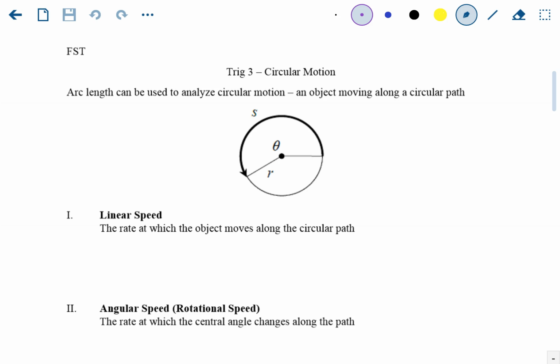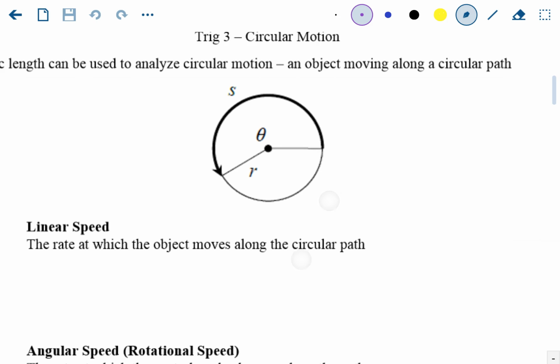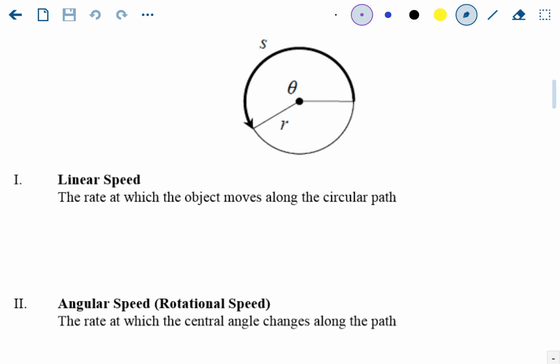So arc length can be used to analyze circular motion, which is an object moving along a circular path. Like I said, there's two ways we measure it. One is linear speed, which is the rate at which the object moves along the circular path. Really, it's the rate at which it travels around the arc length. Remember, the arc length was S. It was our outer rim. It's the crust of the pizza. So how long does it take to travel around that outer ring? So it's a linear speed, even though it's a circular